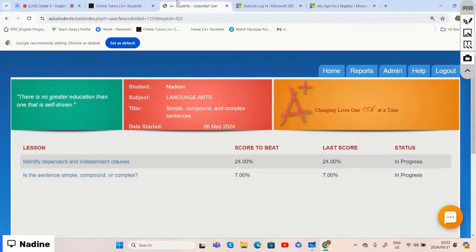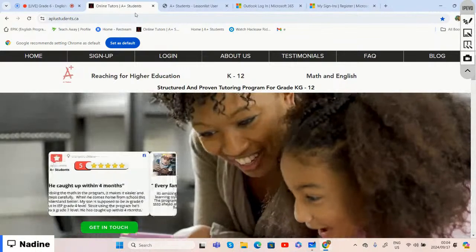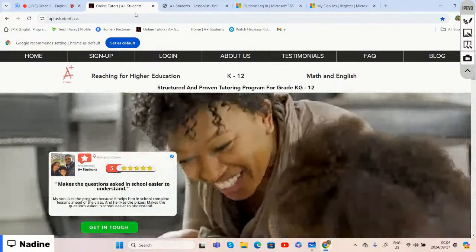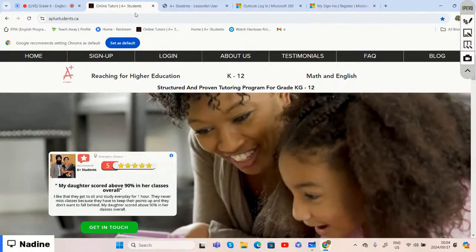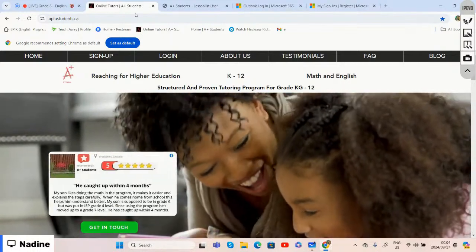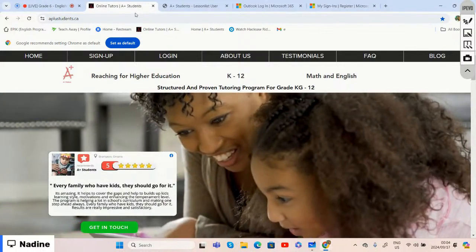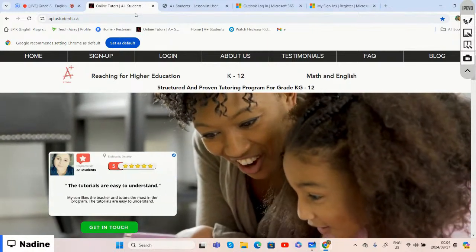Today, we'll be doing our grade 6 English lesson on simple, compound, and complex sentences. And before we start, we're going to log on to aplusstudents.ca. Once you've logged on to aplusstudents.ca with our username as well as our password,